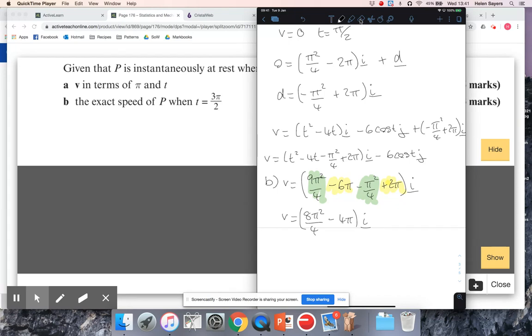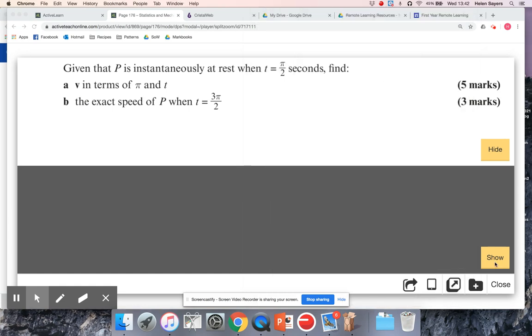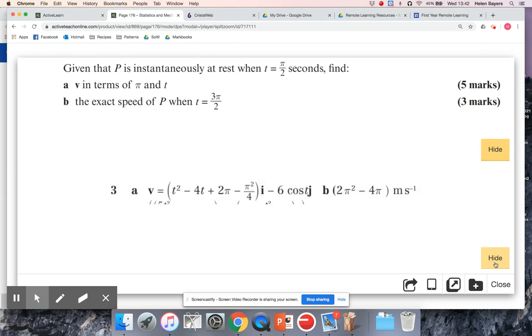Okay, so that's its velocity. So the speed is just the magnitude of that, so the 8 pi squared over 4 simplifies to 2 pi squared, and the 4 pi is just 4 pi, and that's in meters per second. Okay, so let's just check that. 2 pi squared minus 4 pi, we are